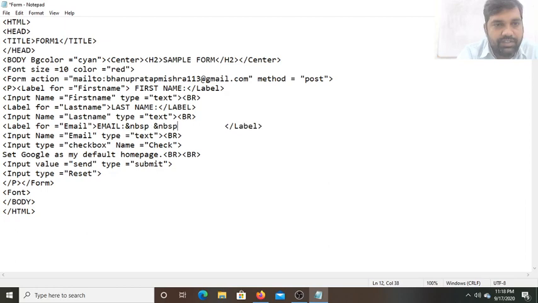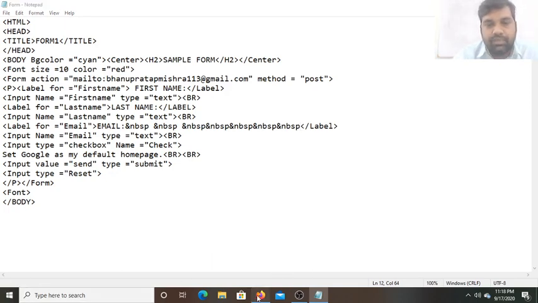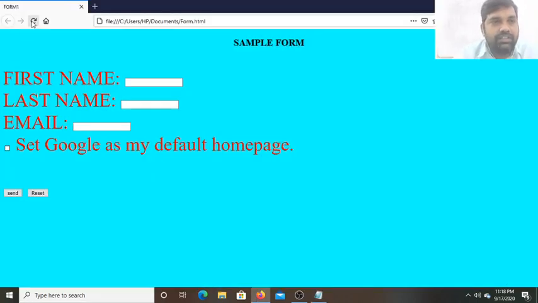Control plus C, and then paste with Control plus V, and again Control plus V, Control plus V, Control plus V. So now let me save it, and then we go to the web page and refresh it.